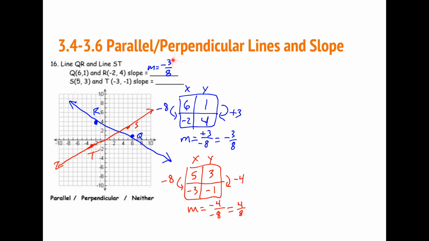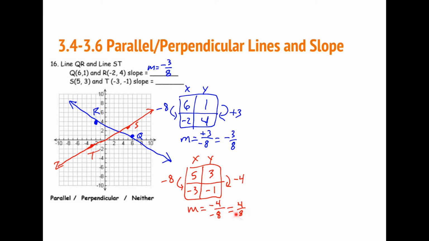Looking at S and T, we've got S right here at 5, 3. And then we've got T at -3, -1. Put them in our table, 5, 3, and then -3, -1. So to get from 3 to -1, we've got -4. We subtract 4. And to go from 5 all the way down to -3, we're going to subtract 8. So here I see that my slope is going to be a -4 over -8,